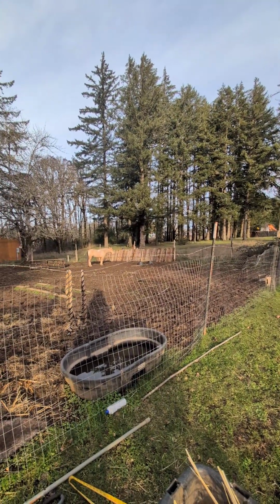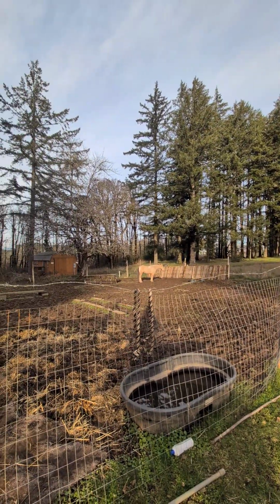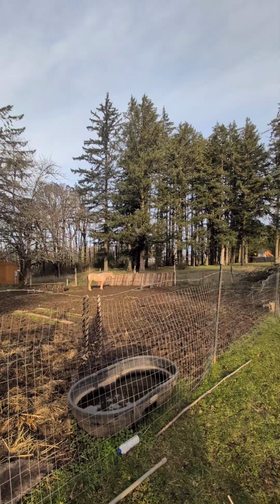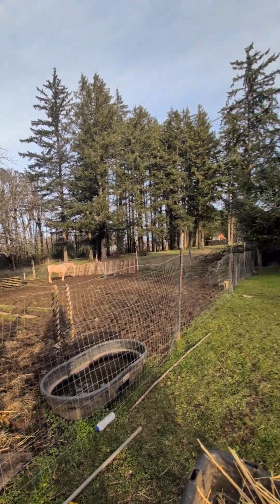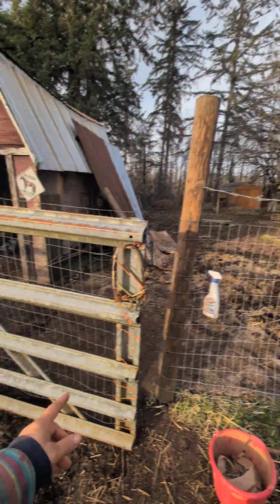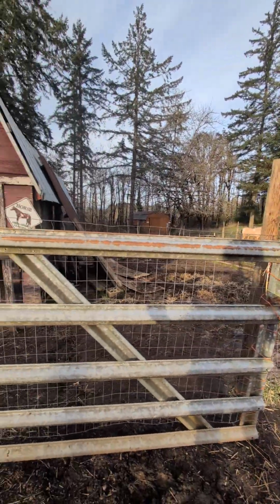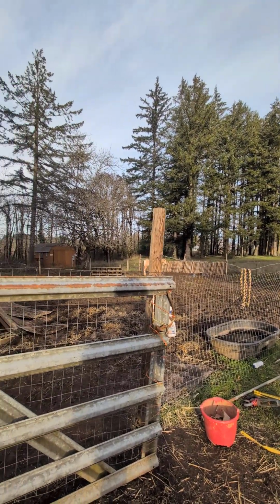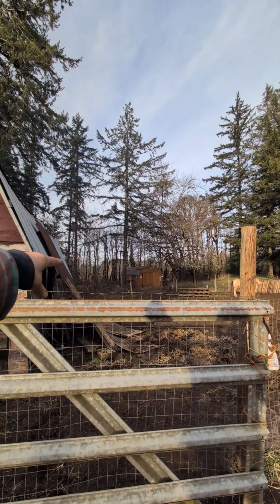So, for me, to redo this whole thing and make it 6 feet would be expensive and kind of too much for me, because I have no way to tension it. I don't know how they do it on farms, they must have like a truck or something and the equipment. Because I would need all the wood posts to be replaced with,